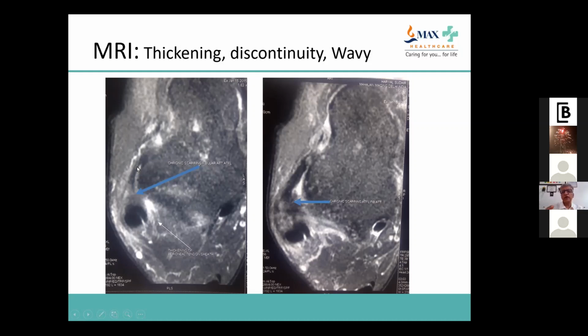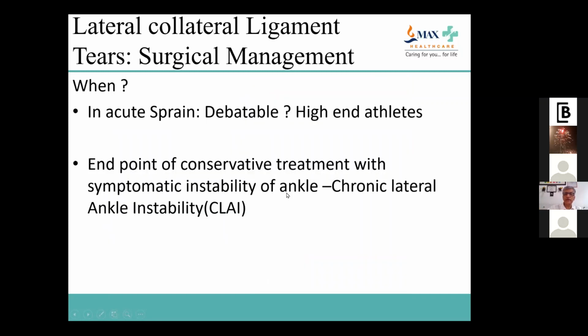So instead of looking at this ligament to be jet black, you see it a little grayish. And another thing you can notice is probably that there is a wavy kind of structure rather than a straight line. This is typical in the axial section, in the so-called snowman view of the talus. So always look for the snowman appearance of the talus if you are looking for the ATFL. This is the anterior part of the lateral malleolus, which is showing the ligament attachment.